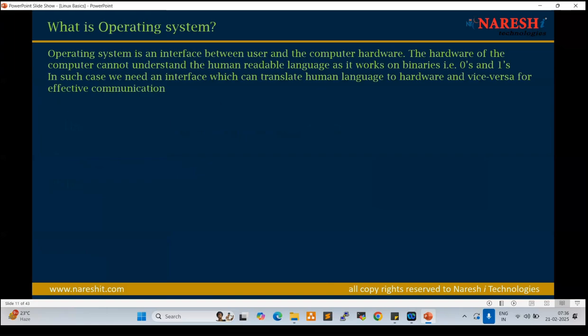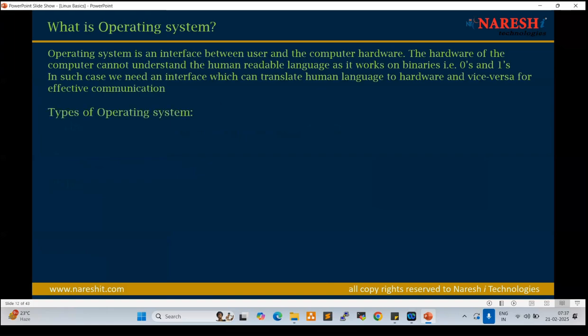Or else we have Google Translate. We just speak and it will convert to any language, right? Fine. So this operating system will convert binary language into human readable language and vice versa for effective communication.